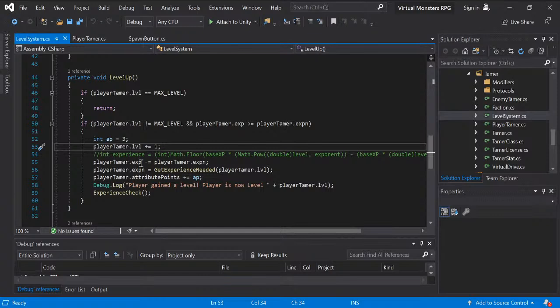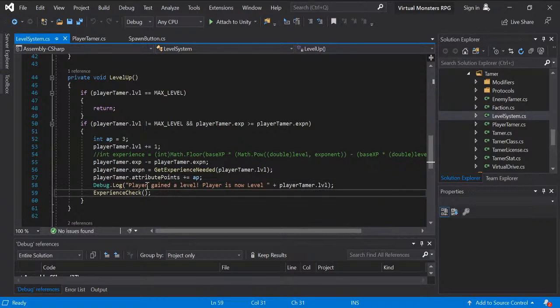But basically, we're subtracting the amount of experience that we currently have by the amount of experience that's needed, and then we're resetting the amount of experience that's needed for the player's current level. And then we're adding attributes here. We're adding points to our attribute points, and then debug.log, we say what level the player's on now, and then